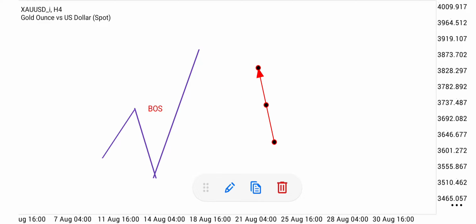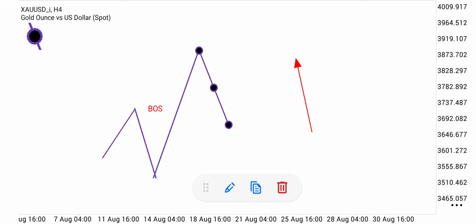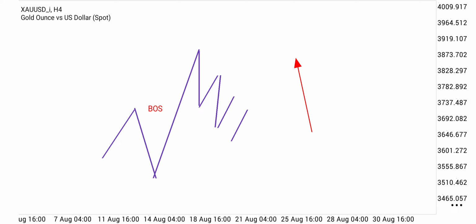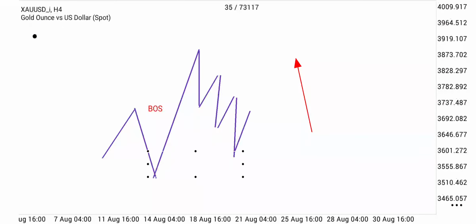Then what will happen is you have to enter either the 5-minute or the M15. Then you start to see candles going something like this, then up, then down, then up, then down, then up. So what will actually happen is somewhere around this level,